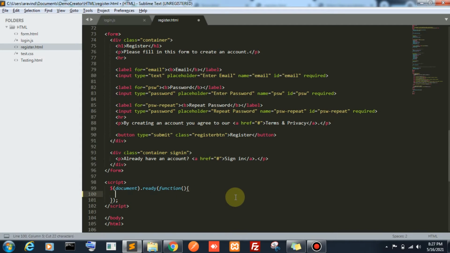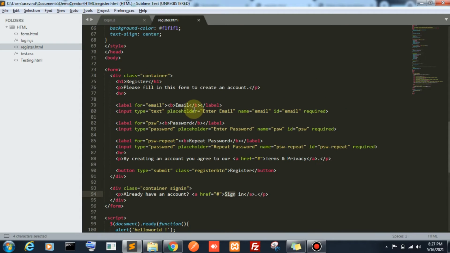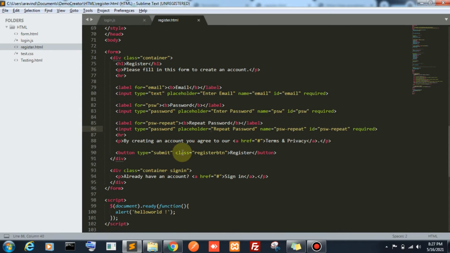Now, what is our scope for this form? Whenever I click this sign in form, I need to validate the email, password and repeat password fields. I wrongly said sign in form. It is a registration form. There is a class. Whenever I hit this registration button, I need to call the functionality. I'm giving one register ID.